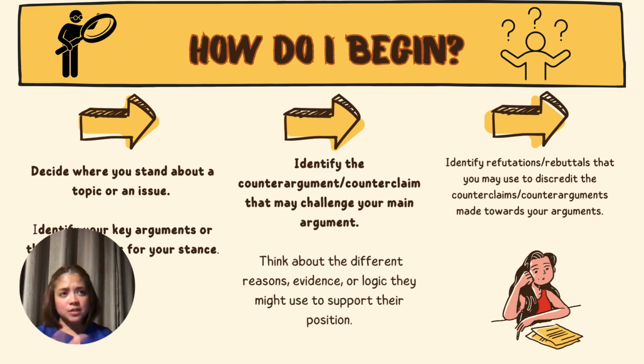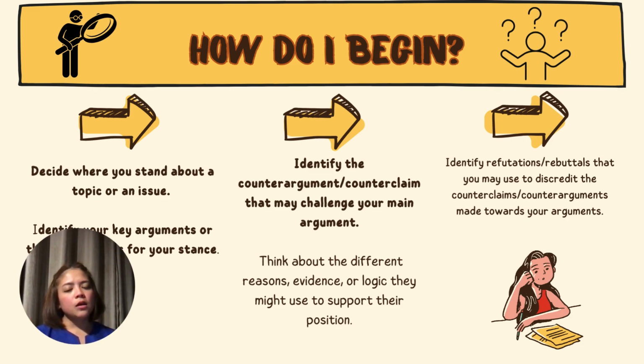Now, the first strategy or the first step that you need to do is to decide, where do you stand about this topic? Do you disagree with it? Do you agree with it? Once you have decided where you stand, you need to come up with your arguments. In another term, main points of your essay. Okay? Identify the key arguments for your position or your stance regarding the topic. So if you say that you disagree with the topic given, you say that university students should not work part time while studying. That means that you need to find your key arguments or your key reasons to support this